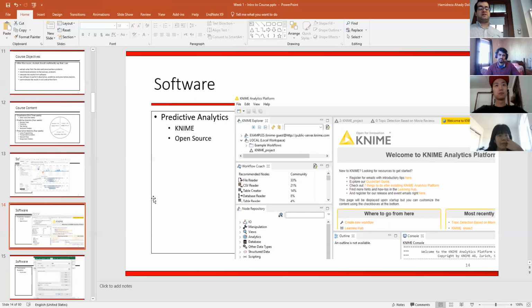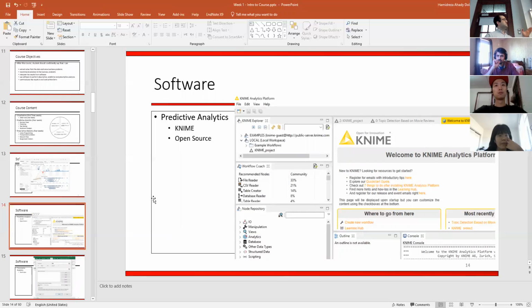Second module is KNIME. This is a free open source tool. If your major is not analytics, that's okay. KNIME could be more than enough, but if you're an analytics student, it's not even enough for you. You guys have courses to learn how to do analytics in Python. I don't teach it, maybe next year or next semester, but basically students in analytics learn how to do coding in Python and R, because they need to do some detailed analysis. They need to customize so many things.